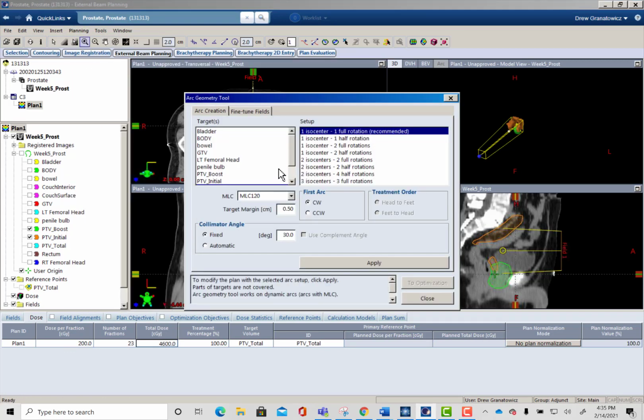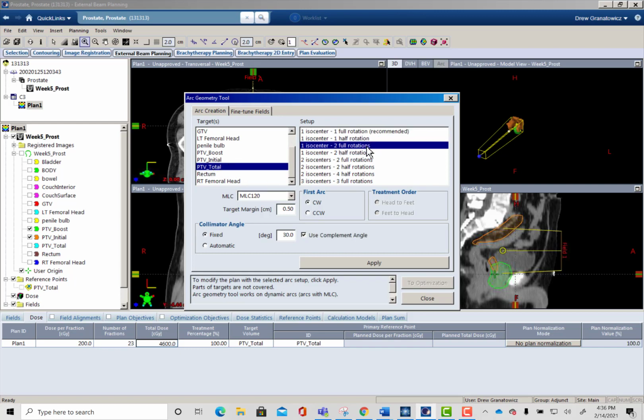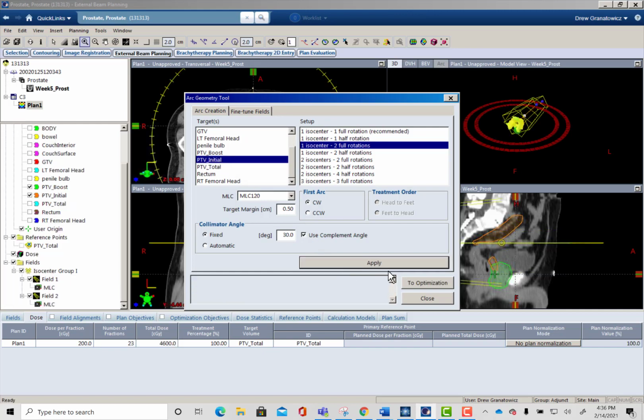So something new for the arc geometry tool. We do have a PTV total which contains both of those volumes. So I can just use that PTV total here. 1 ISO, 2 full rotation is going to work totally fine. But if you don't have a PTV total and you have multiple PTV volumes that you need to make sure you cover, if I accidentally do this and click apply,